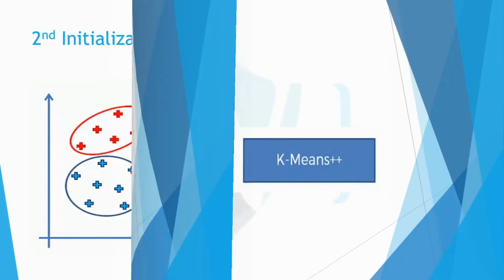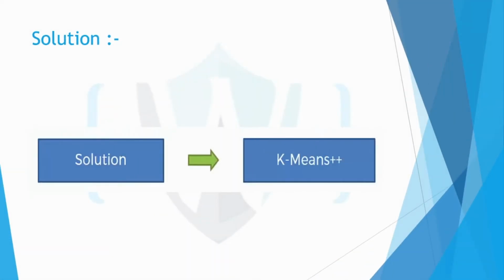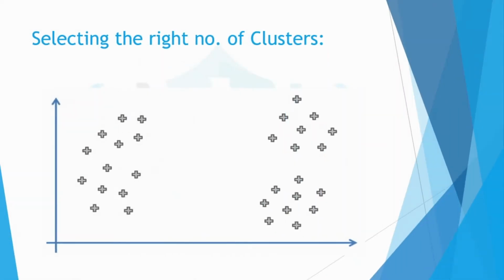To overcome this problem, the solution is the k-means++ algorithm, and you don't have to study this algorithm, it's just the dependencies. You just have to import its modules in Python and R to use this model. Now after this there is one more problem, which is selecting the right number of clusters. How can we select the right number of clusters? From this example data set, you can see by eye that the data suggests we take 3 clusters, but it's a simple and small data set.